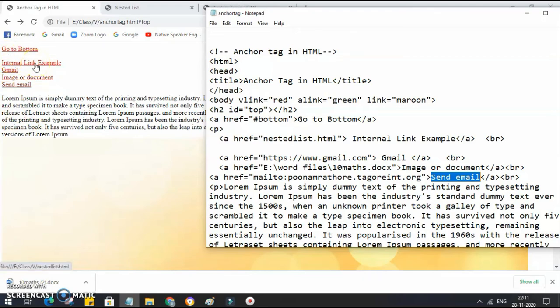Internal link example, where you are linking your different web pages with each other. This is external link where you can create a link for a different website. If you want to refer them in your web page, you can use the external linking. You can create a download link using this one, but you have to give the full address. Either you copy them in the same folder or you just give the full path, just like this. And then send email, you have to use the mailto keyword over here. Write the address at which you want to receive the mail. That's it. So I hope this is clear to you.